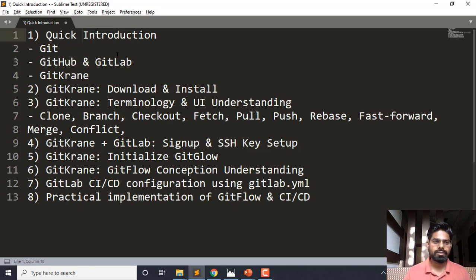The first is basically the introduction, then we will download and install. We will learn some of the technology and UI interface of GitKraken. Then we will basically sign up and set up the SSH key. Next chapter is going to be initialize Git flow concept understanding, because this is going to be a pretty lengthy topic. But I will try to explain you with